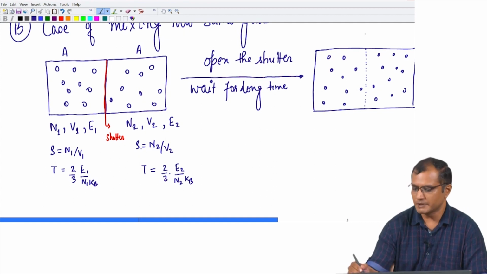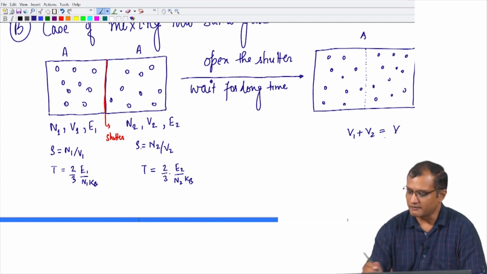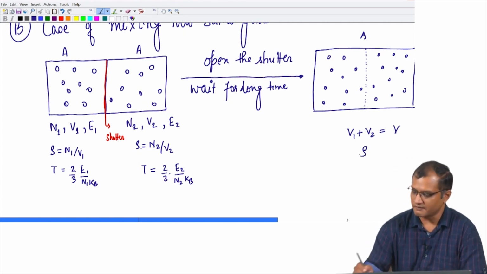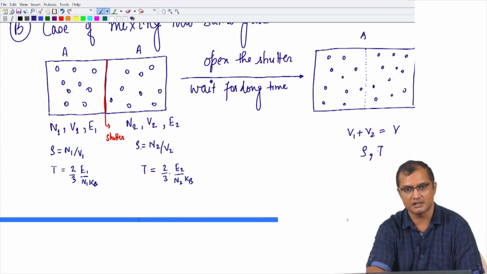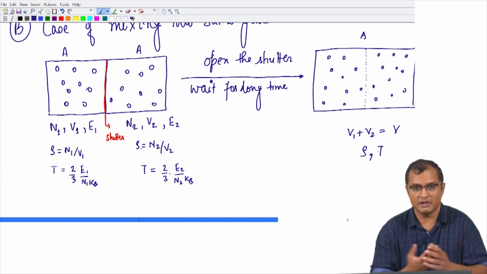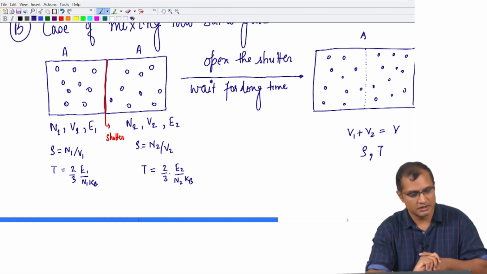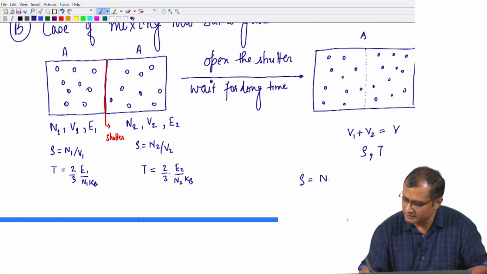Now, I am going to ask you a simple question. The final volume is V1 plus V2, which is V. The final density remains the same and the final temperature is also the same, because you did nothing to the temperature and densities; the temperature and density on both sides were the same. So, they remain the same after you have mixed it. Well, if you want to see why, it is simple. The final density is nothing but the final number of particles divided by the final volume,